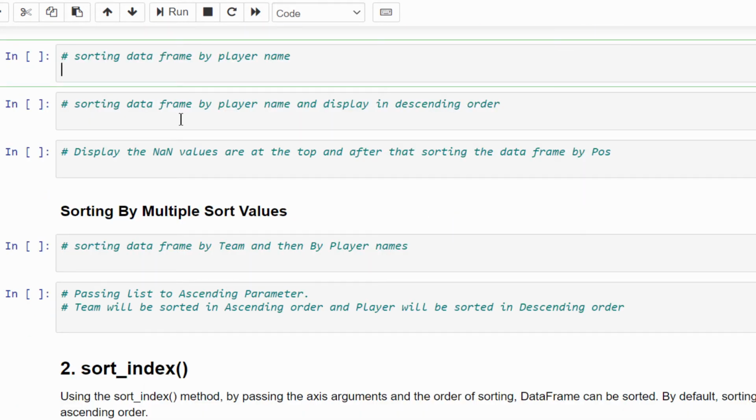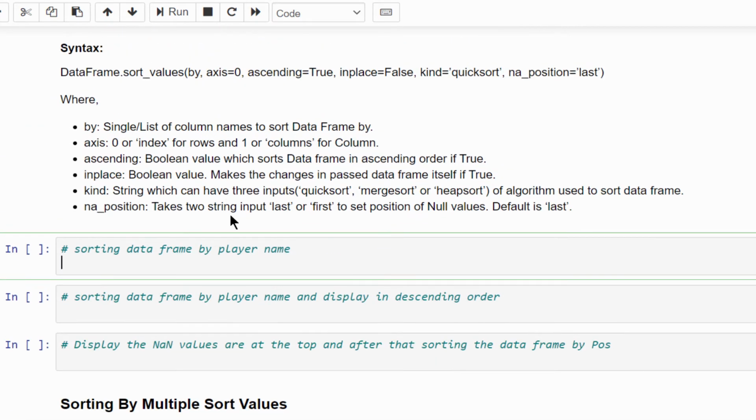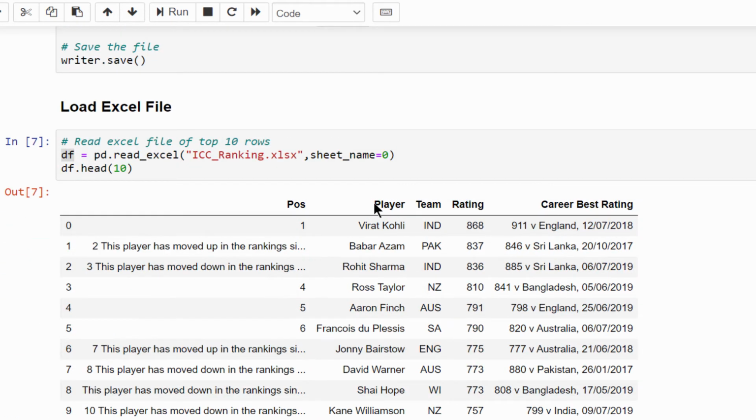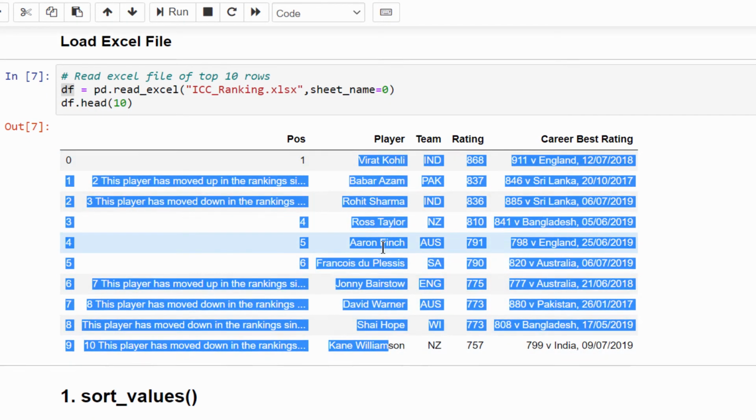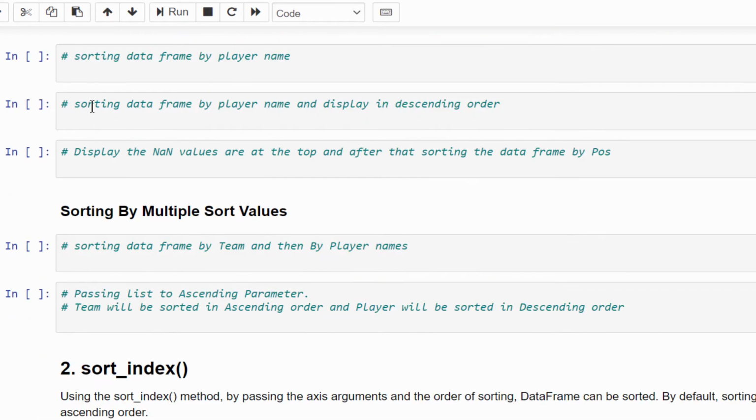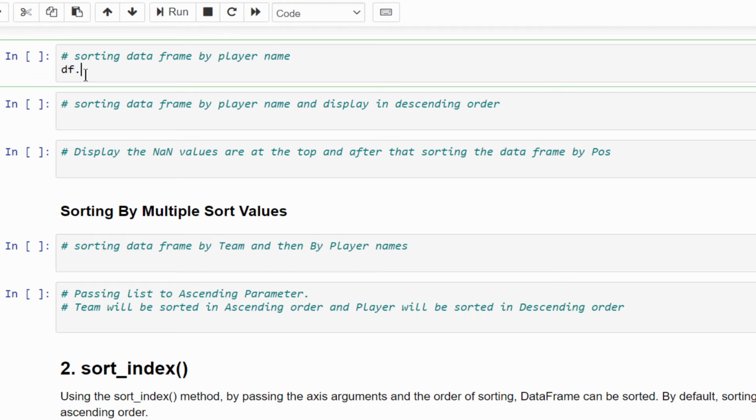First one, sorting the data frame by player name. Nothing but using this player name. So if I sort, it will change to the alphabetical order. Let's do that. Data frame dot sort, I pressed tab. I'm going to choose sort_values.